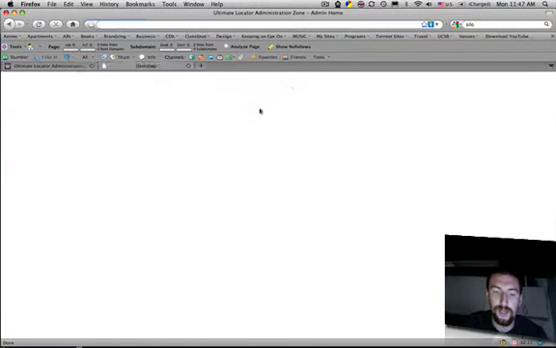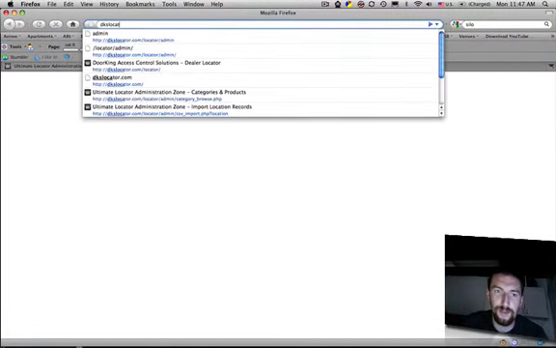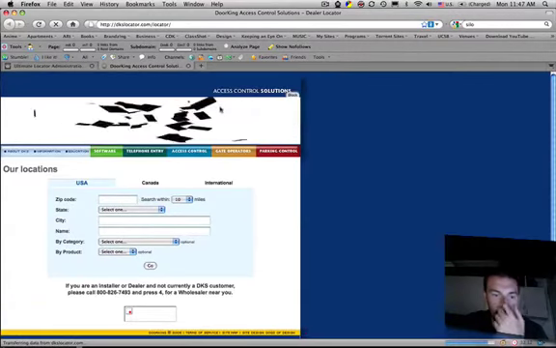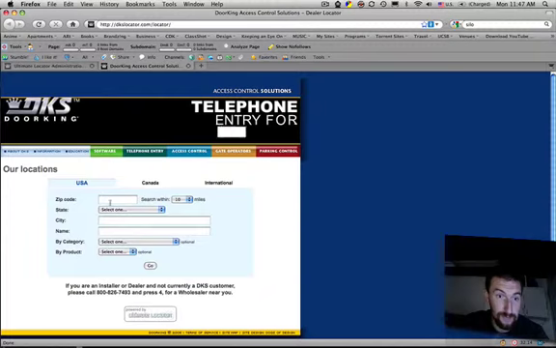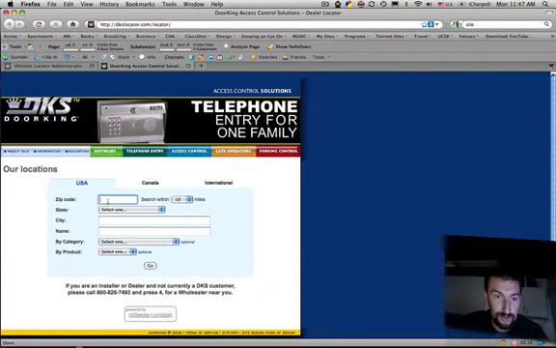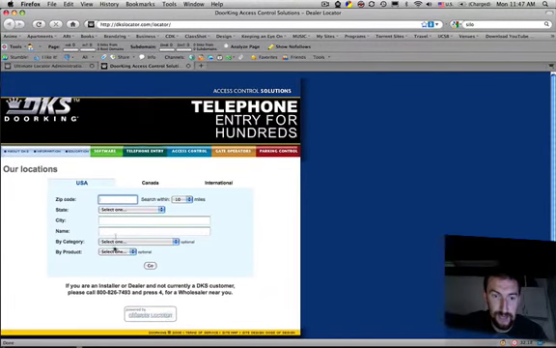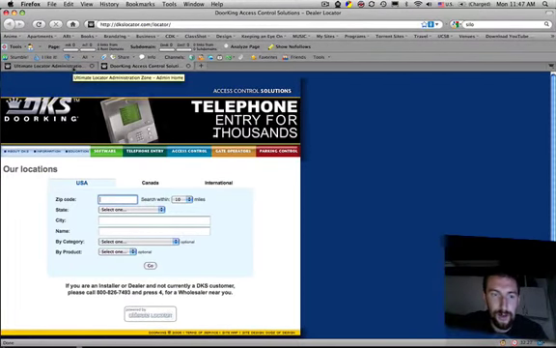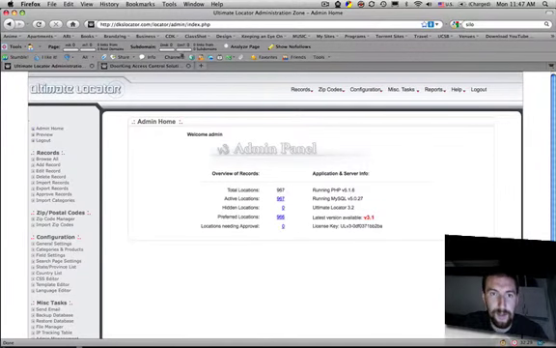The actual locator is located within the main domain at /locator, and as you can see, this is what the front end looks like with the zip code lookup, state, city name, category, and product, and they also have Canadian and international listings. So we're going to go ahead and go back here, and the